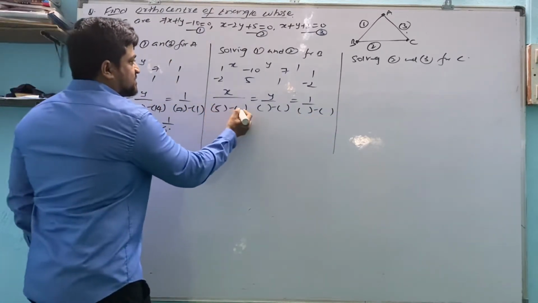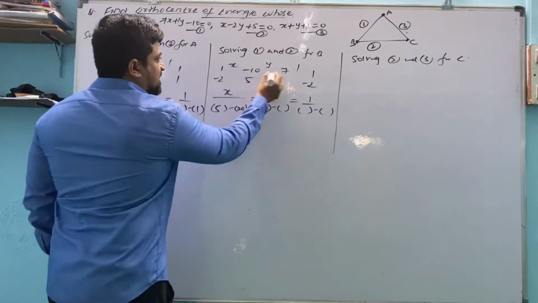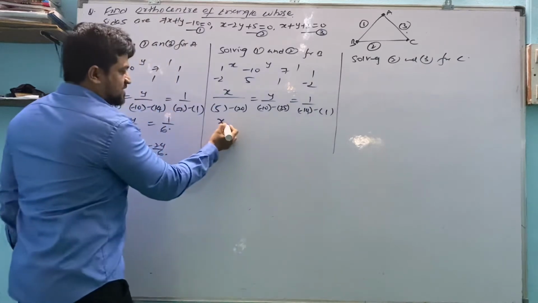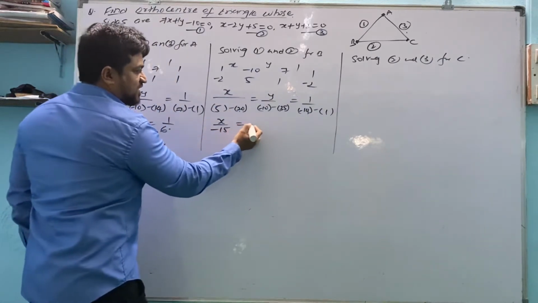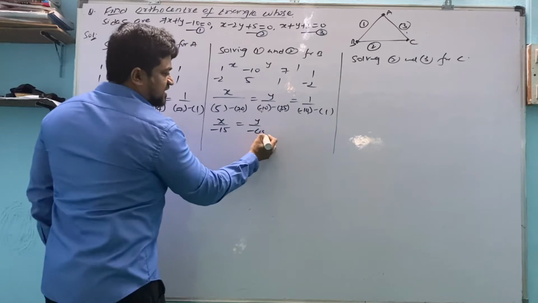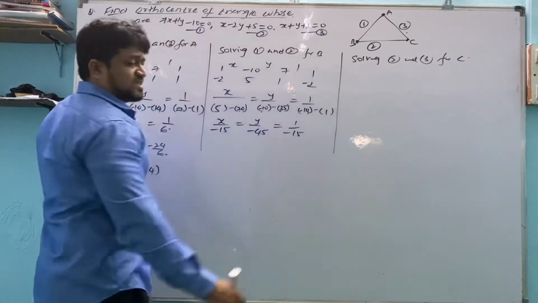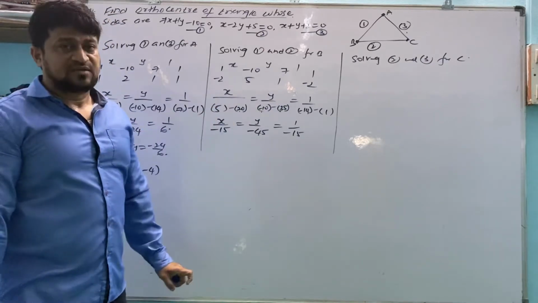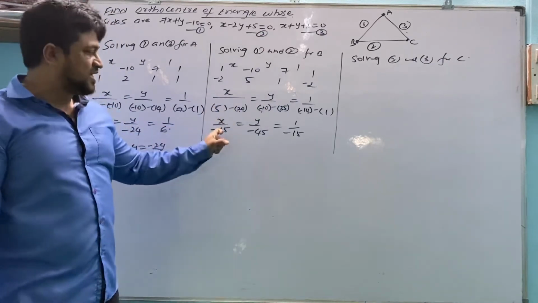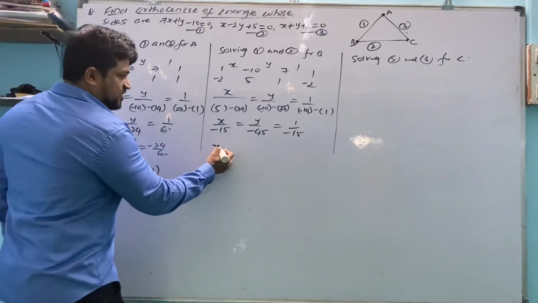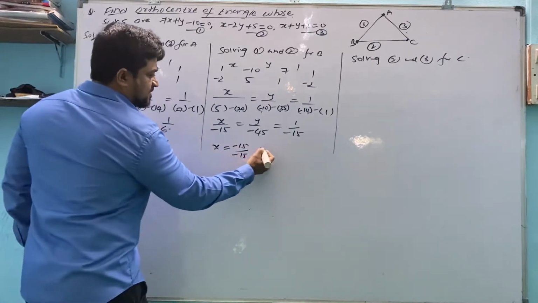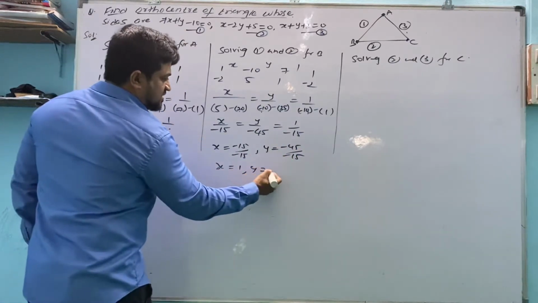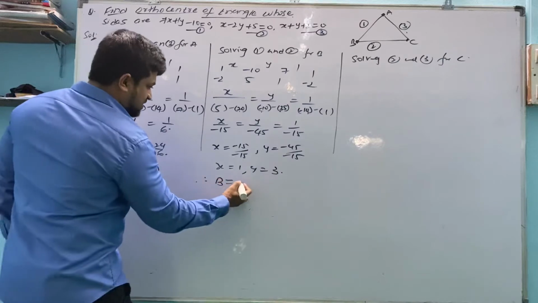What we have? 1, 20. Minus 10, 35. Minus 14, 1. So x divided by 5 minus 20 is minus 15. Minus 10 minus 35 is minus 45. Very carefully you need to do these things, with 100% attention. 5 minus 20, don't write 15. That is plus 5 minus 20, negative 15. Those are the things which you need to remember. Y is equals to minus 45 and minus 15. So x is 1 and y is equals to 3. So B is equals to 1 comma 3.